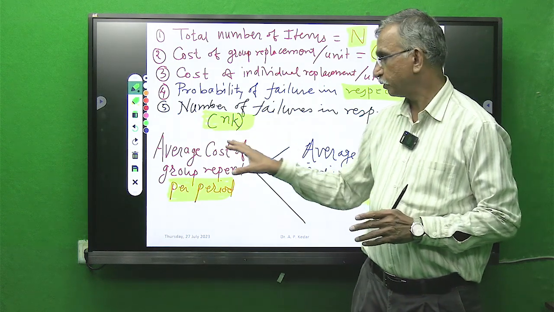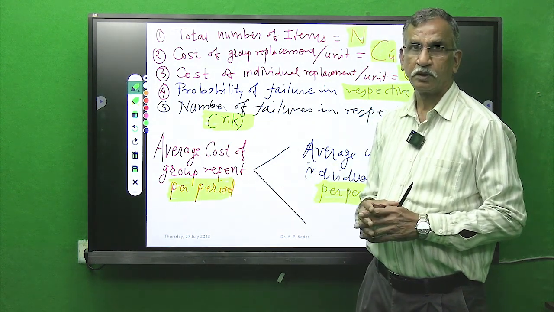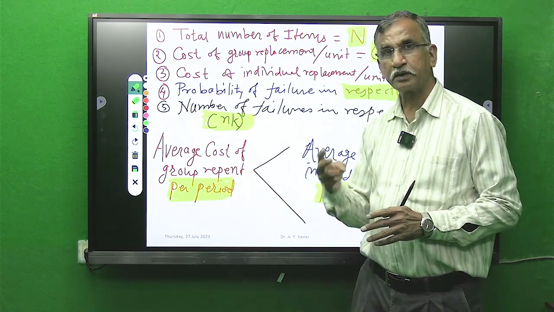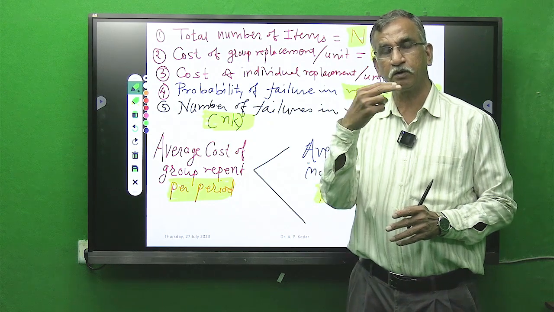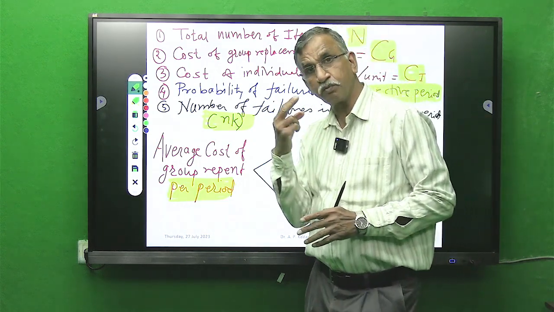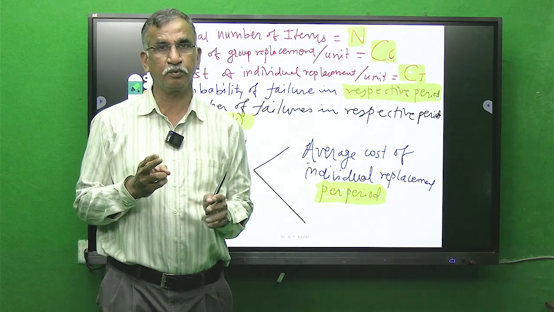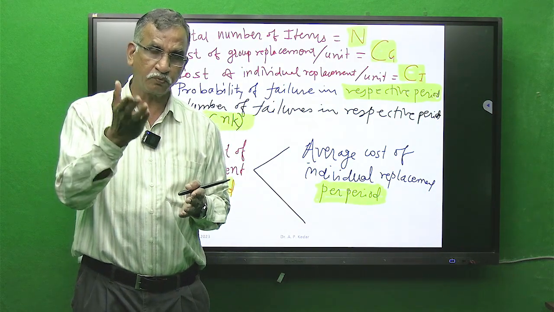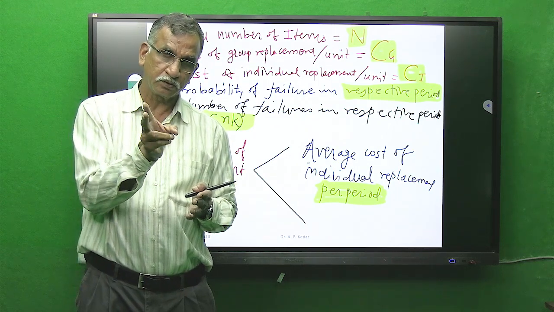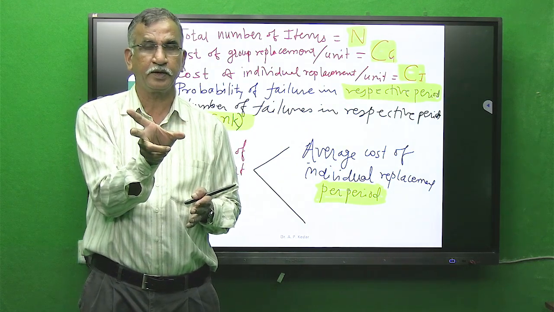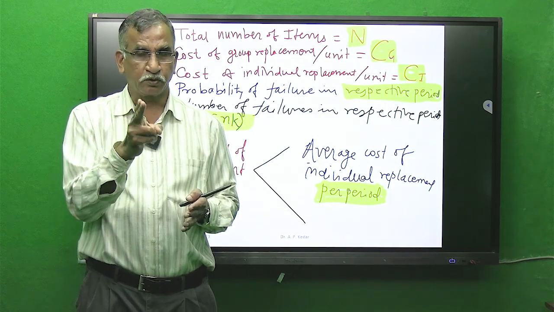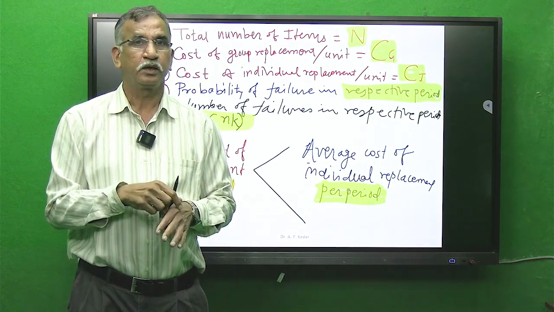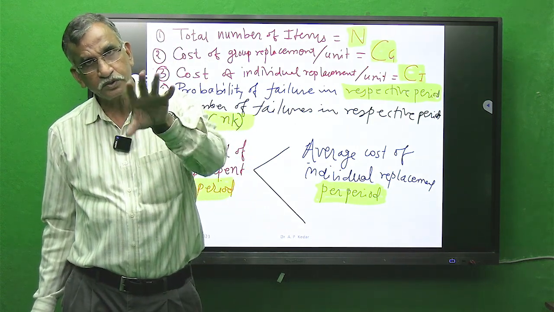Your answer should be to prefer the group replacement policy. Again I am telling you, the meaning of group replacement policy is this: suppose I get the minimum value at the end of the 4th week. It means after every 4 weeks we will be replacing the components in a group, whether they fail or do not fail. But within this 0 to 4 week period, in week 1, week 2 and week 3,